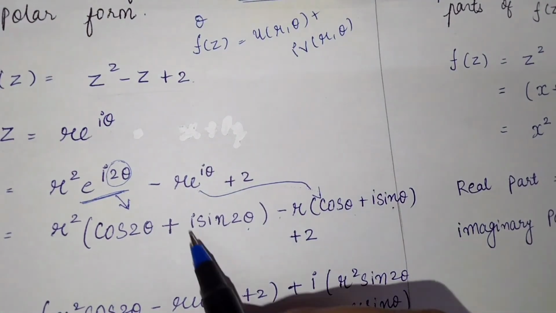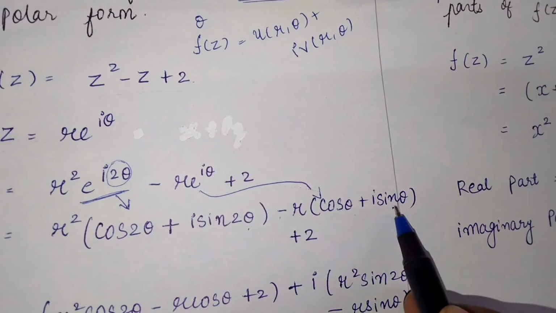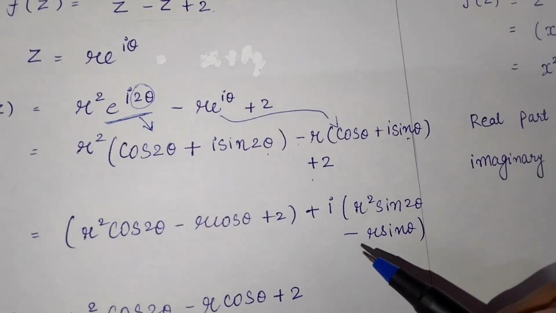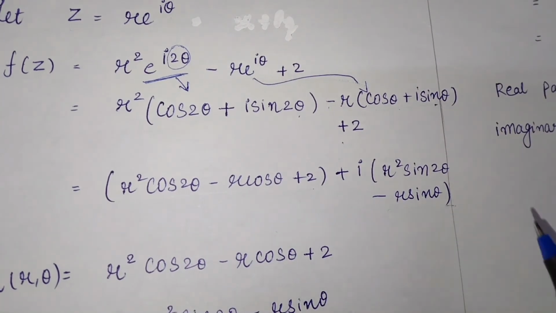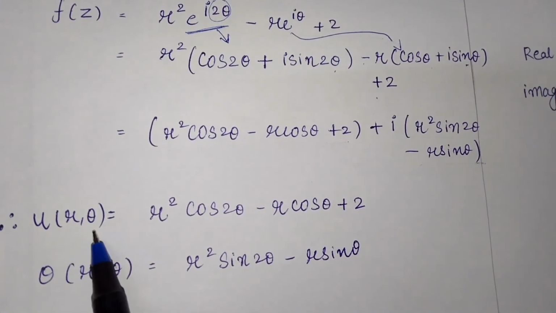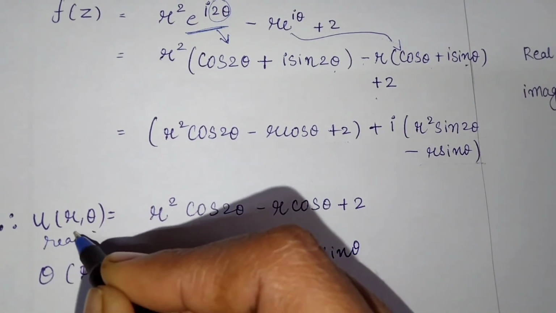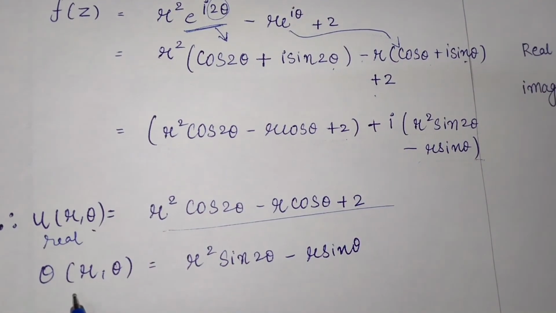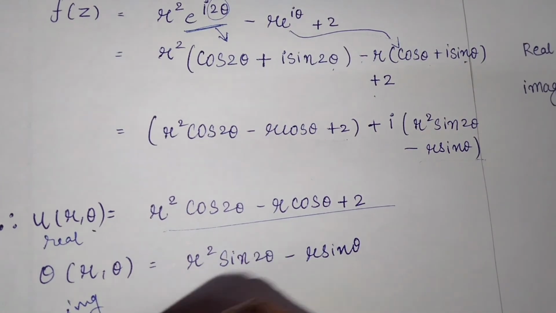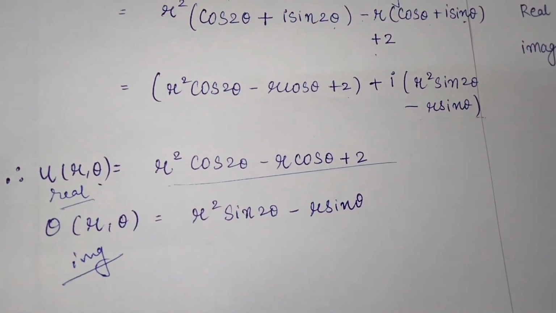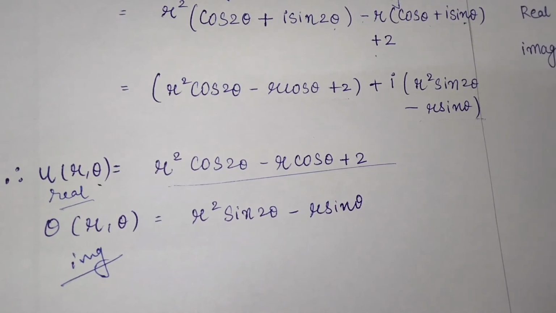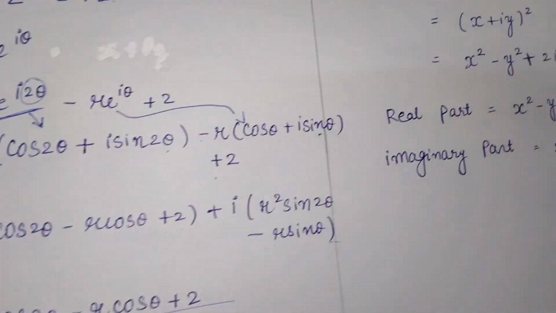Okay, so we know this value, and we have to put here plus 2, and solving it further we will get the real part and the imaginary part. So we will get u(r, theta) as the real part and v(r, theta) as the imaginary part. Okay, so in this way you just have to find the real and imaginary parts. It will be either in the x and y form or in the polar form, that is the u(r, theta) form. So the last example,